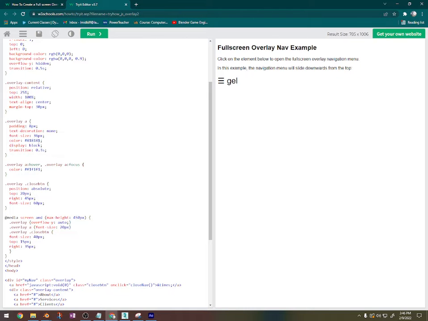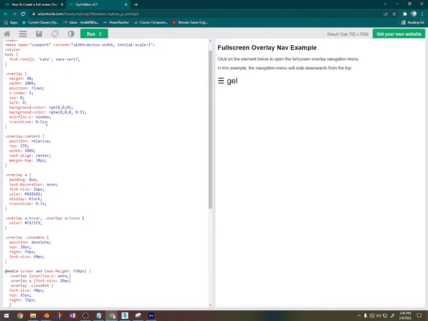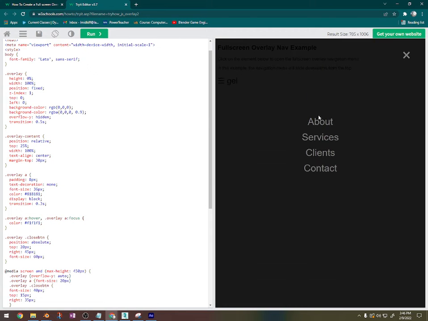The transition right here, the overlay A, and we've got the transition for the overlay. So the overlay A is the transition here, and A, what is an A? That's a link. So what would be a link in this? That would be these. So the transition is the animation of the color. So it transitions from the gray from what it is into 81, 81, 81, which is white. And the font size is 36, none. So the font size,